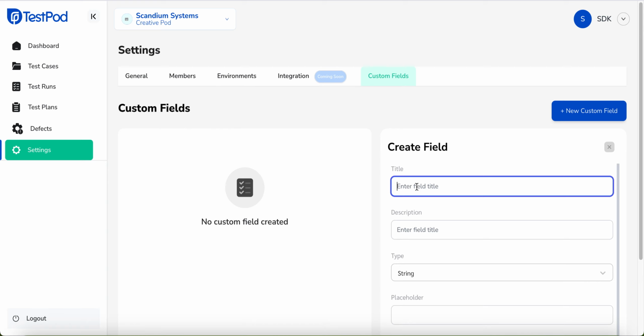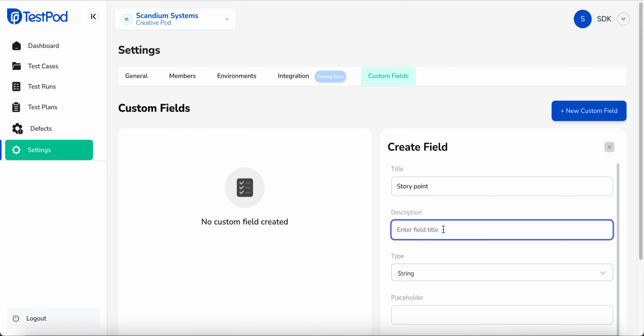So we can come to TestPod to create a new custom field called story points. So let's call this story points. Then you can provide a description to explain to whoever else is going to be reading this later what this field is and what it does. So we can say